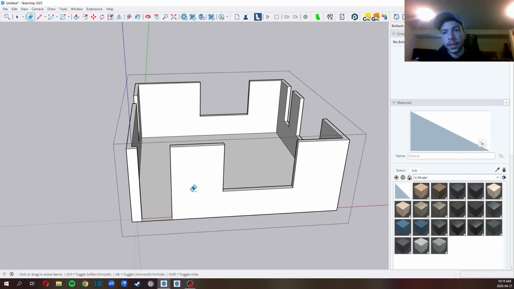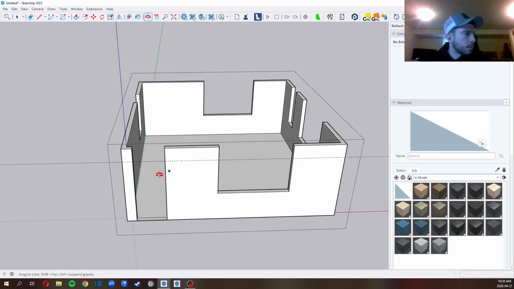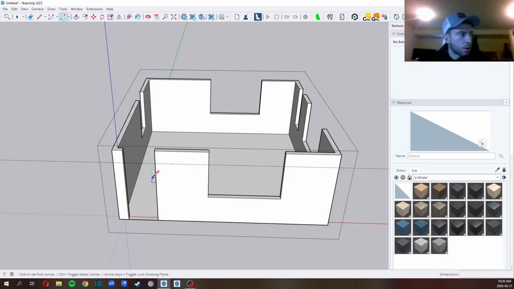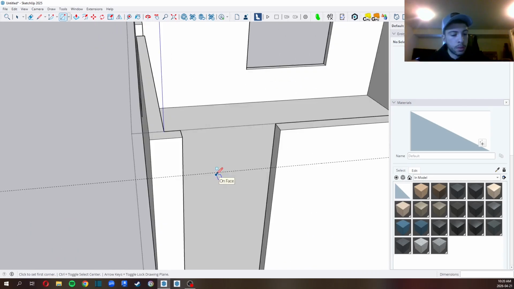Next, what I want to do is frame out my door height. So I'm going to hit the T for tape measure again. Click on the bottom kind of floor area, drag up, and hit 80 inches for a standard door height. And then what I'm going to do, hit the R tool for rectangle. What I'm going to do is up here, draw a rectangle,